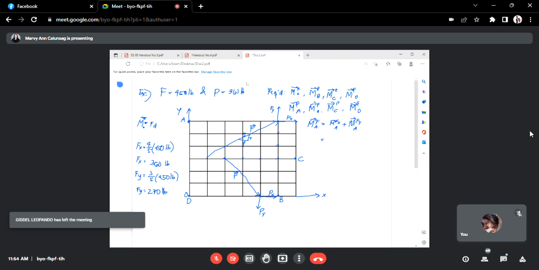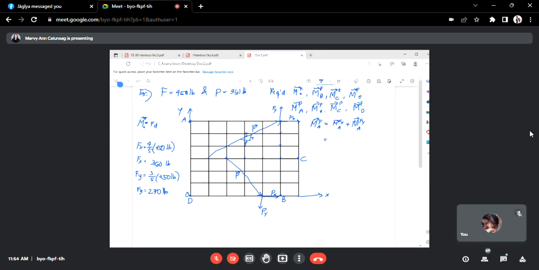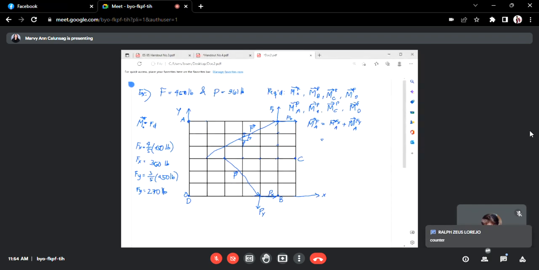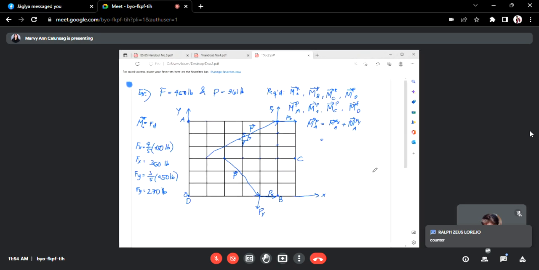If so, what is its rotation, clockwise or counterclockwise? Counterclockwise, ma'am. Fx about A. This is Fx, right? If we extend the line of action,